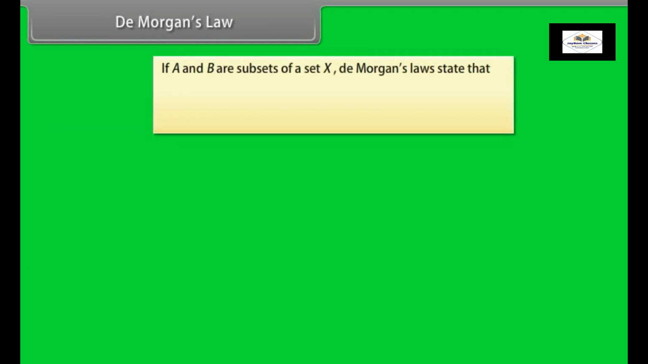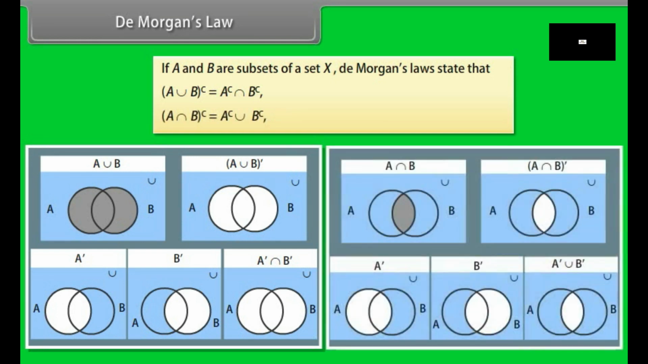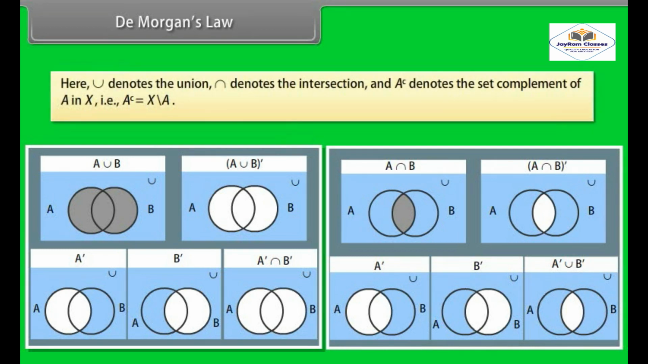If A and B are subsets of a set X, De Morgan's laws state that complement of A union B is equal to complement of A intersection complement of B. Complement of A intersection B is equal to complement of A union complement of B. Here, this denotes the union, this denotes the intersection, and this denotes the set complement of A in X, that is,